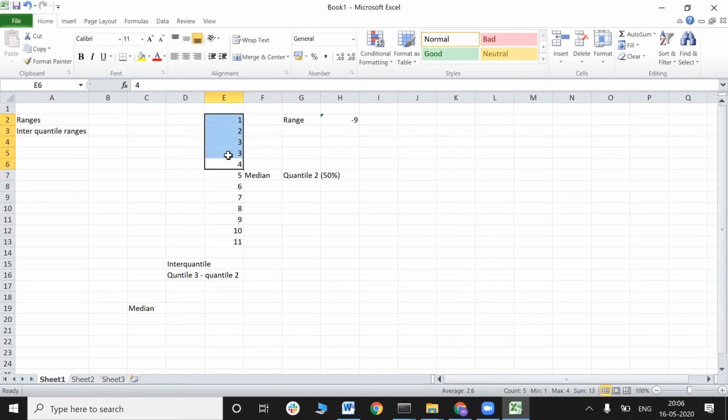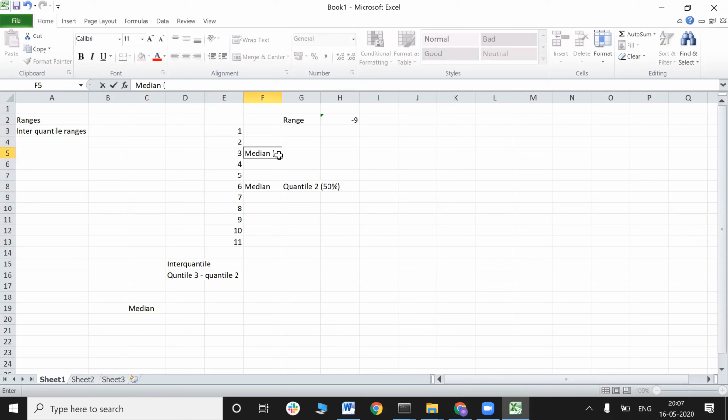Now I have this list here as well, and this list here. Again we can divide this into 4 parts: 1, 2, 3, 4. So this is my quantile: this is 1, this is 2. So this becomes my quantile, the value number 6. Now this is 50% of my quantile. Now I want to find the remaining 25% and 25%. If I divide this into 2 parts, this becomes my median.